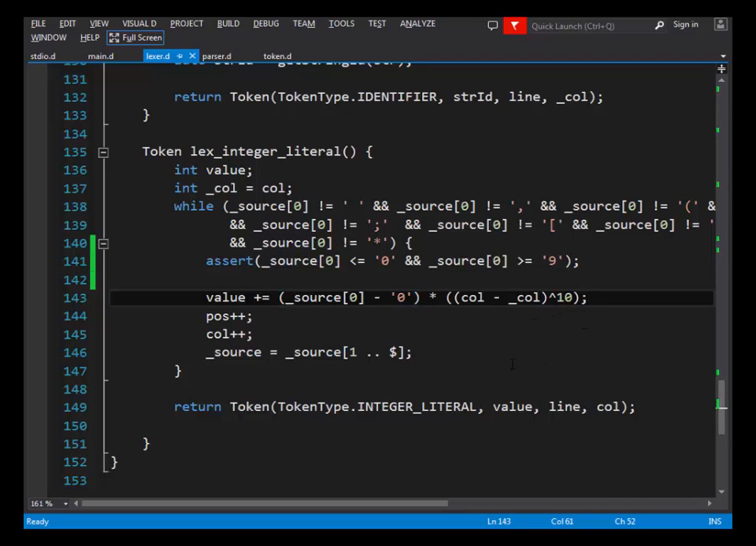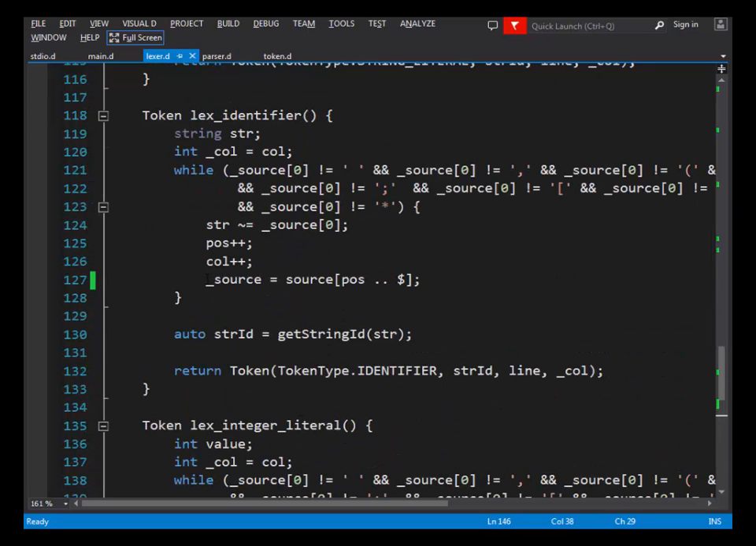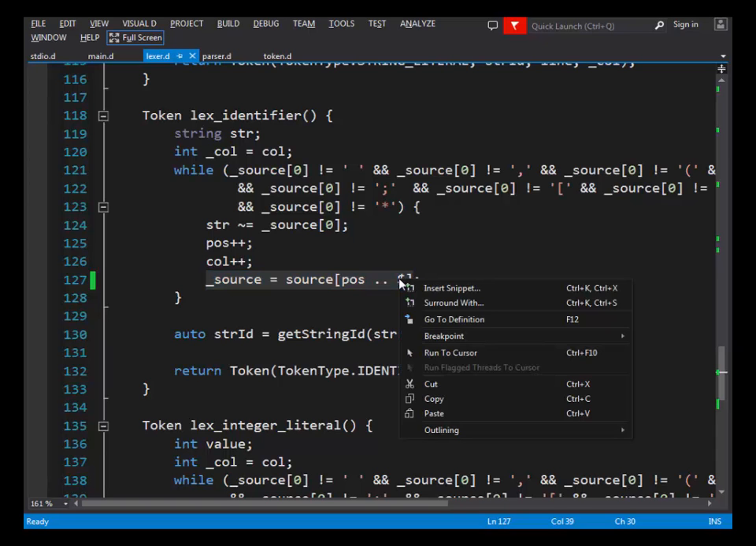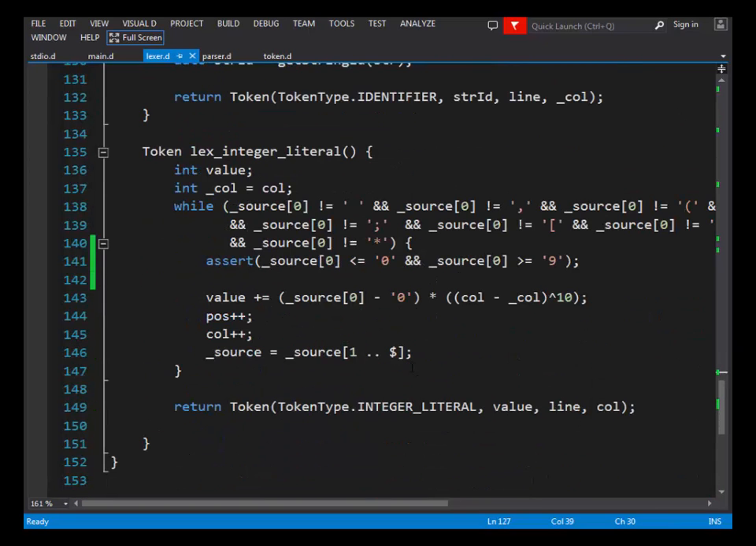We could assert in here that the value cannot be greater than, no, that would actually make no sense. That the value cannot be greater than uint max, because it will wrap around before this happens, and yeah, we cannot do any meaningful easy check here. So then we advance position column and set the new source to this. We can simply copy this line and paste it here,